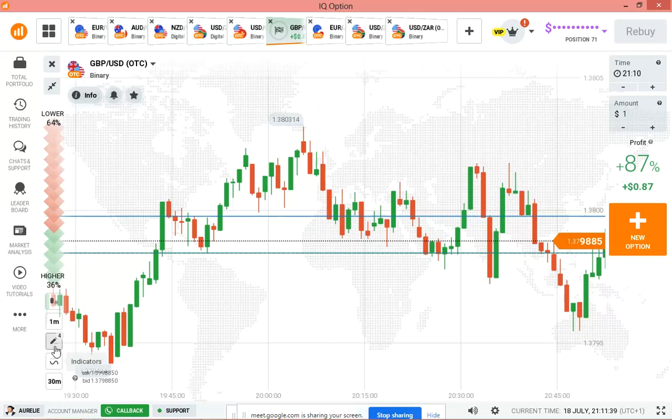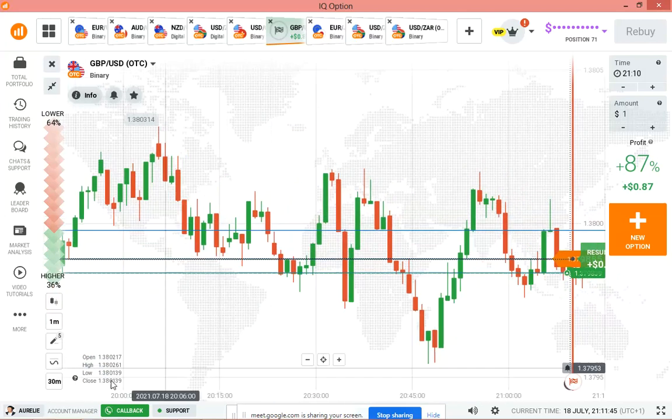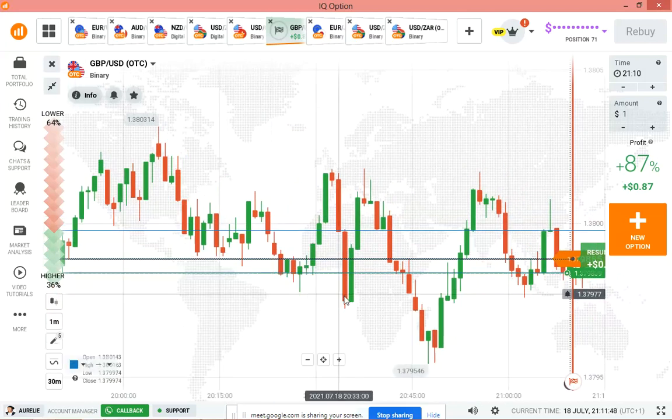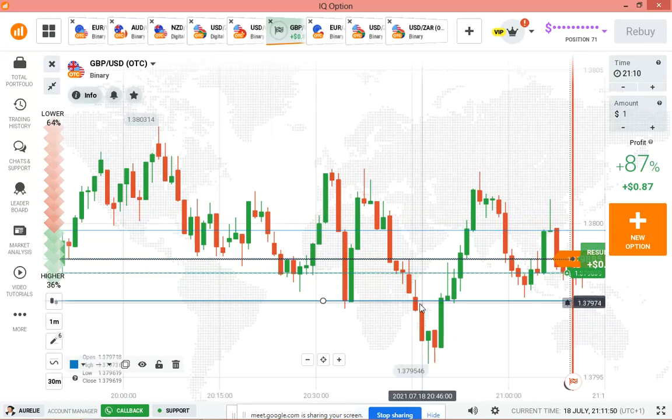Let me draw the complete zone. If I want to draw the complete zone, this is how I'm going to draw it. Market reverses multiple times here. But this is a level. Market reversed once. So if the market again visits that level, not close, the market visits that level again with a bullish engulfing, you can go with buyers on the next candle.